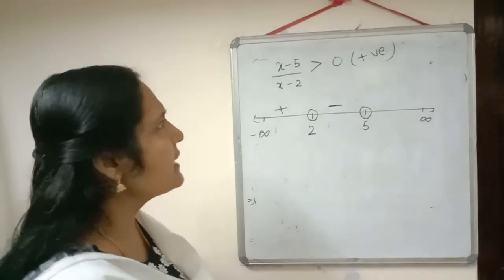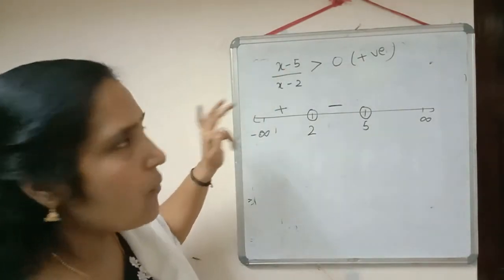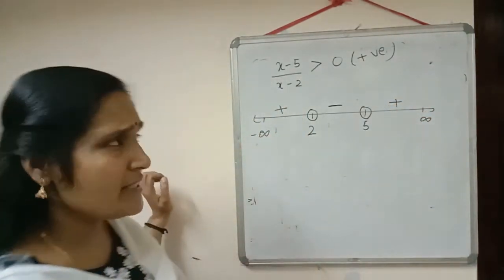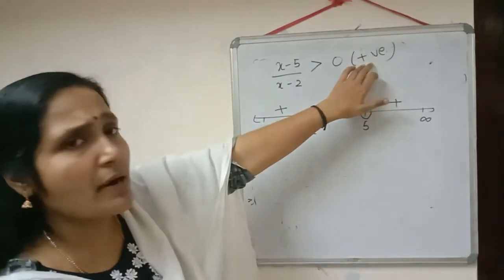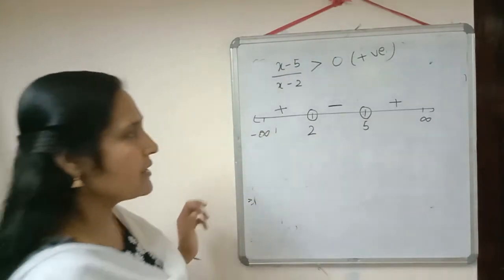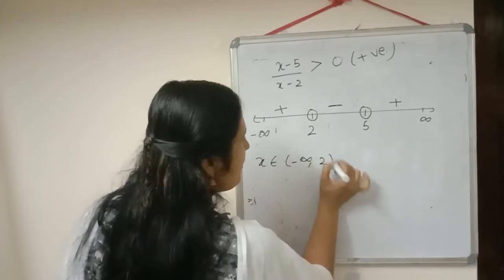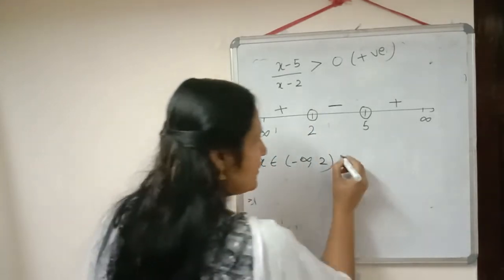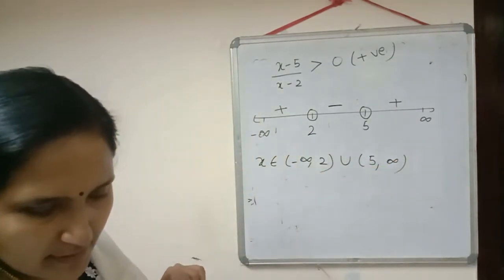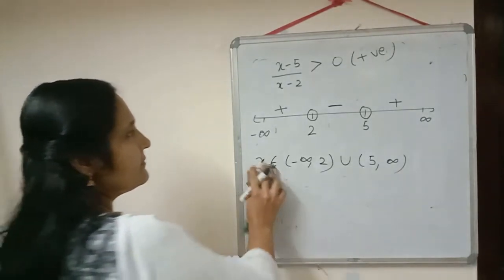Then 5 to infinity, any number, it depends on you. Which one you want, you can take. So suppose I have taken 6. Then what will come? 6 minus 5, 1 by 6 minus 2, so 1 by 4, we are getting a positive number. Which type of solution do we need? We need a positive number only. So in which two cases are we getting a positive number? In these two cases. So just write down there, x belongs to minus infinity comma 2, we haven't darkened the circle, union 5 to infinity. So I think this method is getting clear to you. Okay. Now all of you write down the next one.